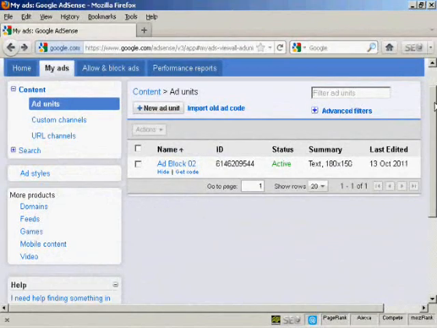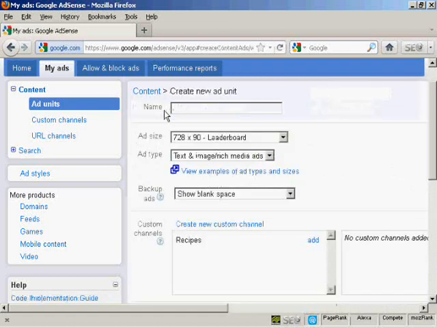Okay, once your AdSense account has been approved, you'll be able to log into the main AdSense website, and then you can start setting up some ads. What you'll do is click on the tab here that says My Ads, and then click here where it says New Ad Unit. You need to give your new ad unit a name. I'm going to call this one Ad Block 03,